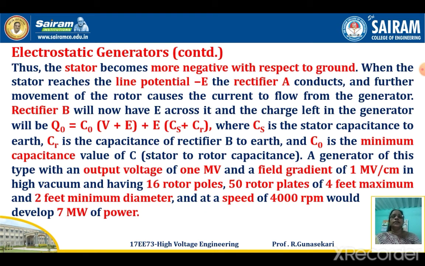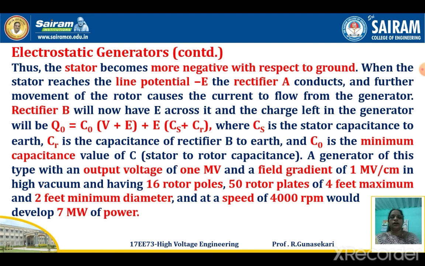Then the stator becomes more negative with respect to ground. The stator reaches the line potential, that is minus E. Only rectifier A conducts. Further movement of the rotor causes current to flow from the generator. Now rectifier B has the voltage E across it. The charge left in the generator is Q0, equal to C0 into V plus E into